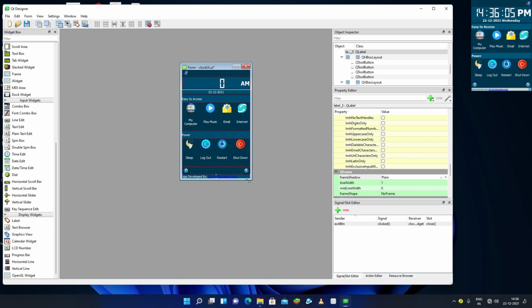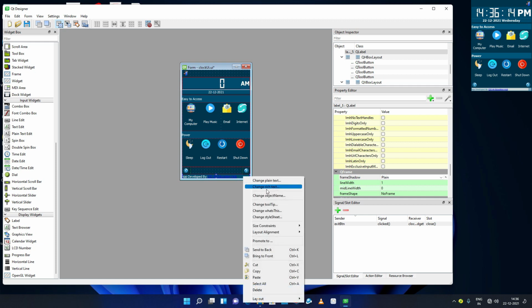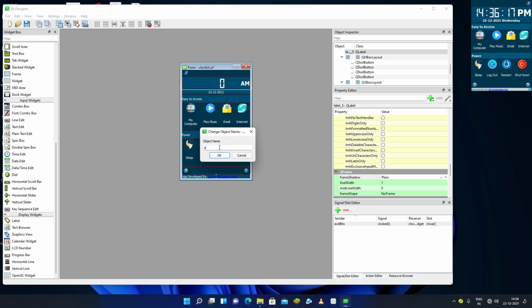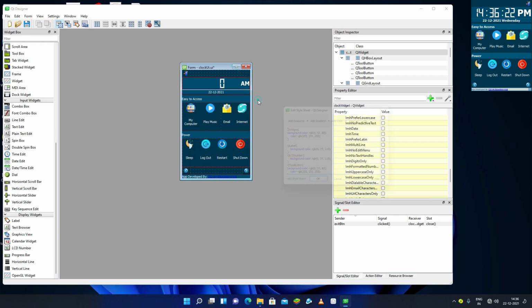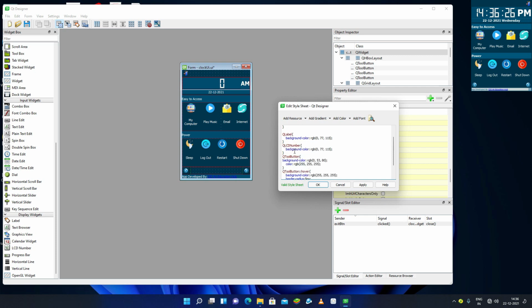But just for now, I can select this thing, and now suppose I have to change the layout for this. So I'll just change the object name of this, and I'll name it as app credit. And now let's come into the style sheet, and I'll just copy this QLabel, and I want to change the background color of this app developed by label. So I'll change here QLabel and has app credit. Okay, and let's change the background color.